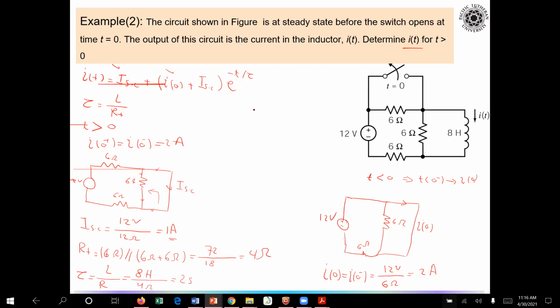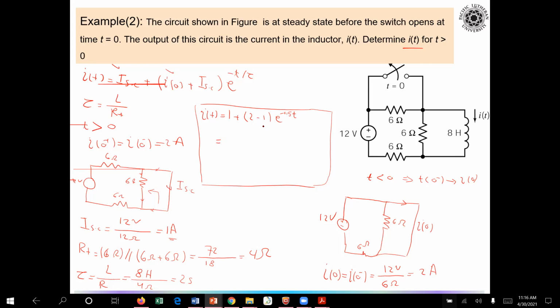Let's type it here in the small square. Here is the final formula for my circuit. I of t will be equal to I1 plus 2 minus 1 e to the minus 0.5 t. So we just simplified here: 2 minus 1 would be